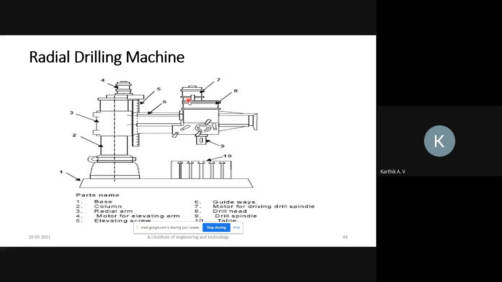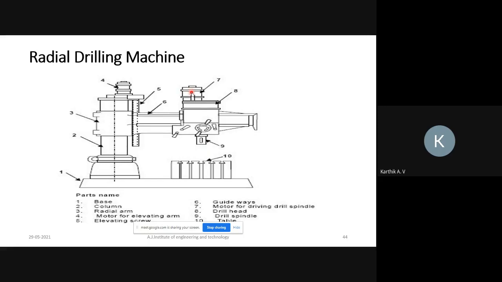Okay, so this is the working principle of a radial drilling machine. How it works: you can adjust the height of the workpiece with the help of this radial arm movement upward as well as downward. Then the position can be set with the help of horizontal movement of the spindle head. Then a suitable drill bit is fixed to the spindle, and you can move this spindle upward as well as downward with the help of this hand wheel. You can rotate the hand wheel manually, adjust the height, and create a hole in the workpiece.